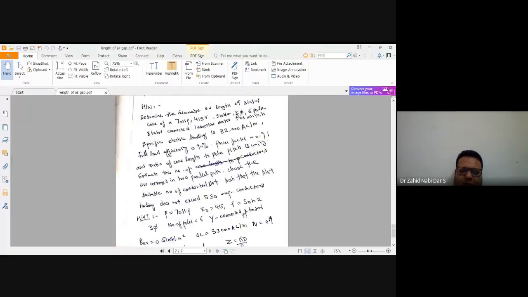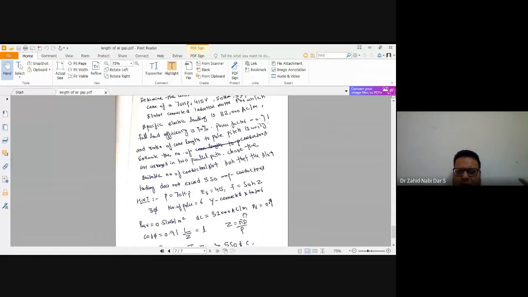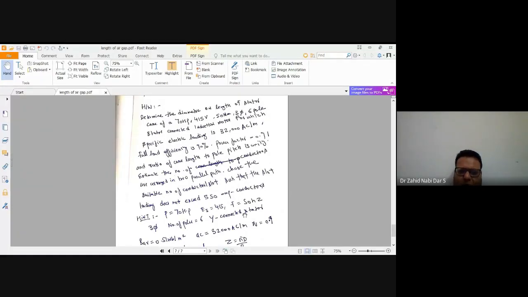Just like the problem which we did yesterday, I want you to do this problem in your notebook. At the end of tomorrow's class, only those people who present this problem to me will get attendance. Until and unless you solve this problem, I am marking you absent. You have to individually share your screen with me. I'll take 15-20 minutes.